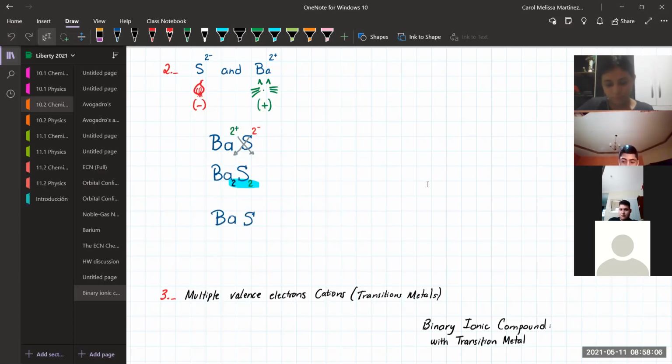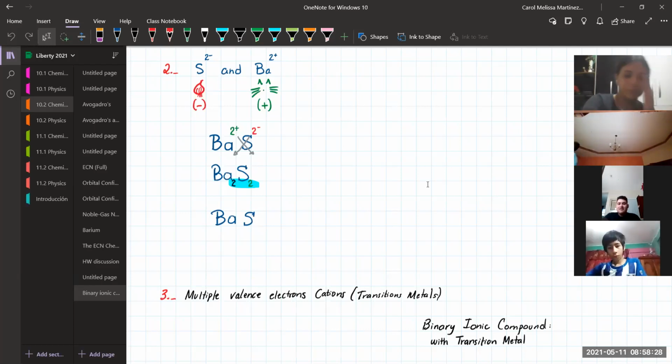And what happens when your subscript is 1? What do you do with 1? What happens with 1 as a subscript? It is written in the rules that I gave you last week. You ignore it. You erase it. You don't need to put it there. So, as a rule,